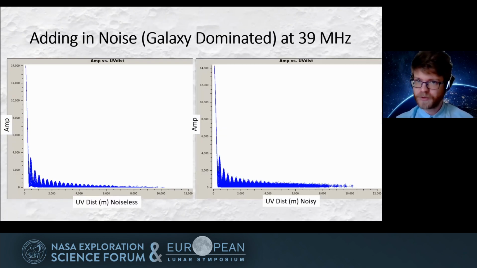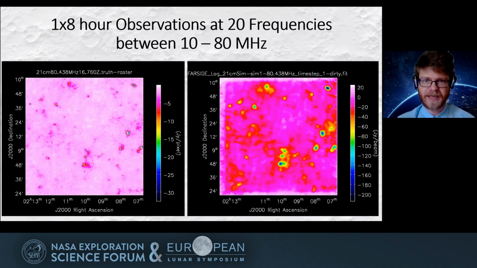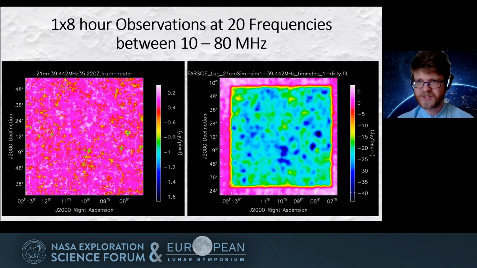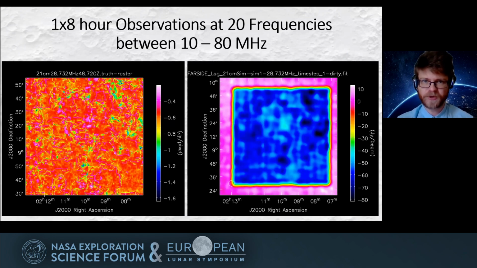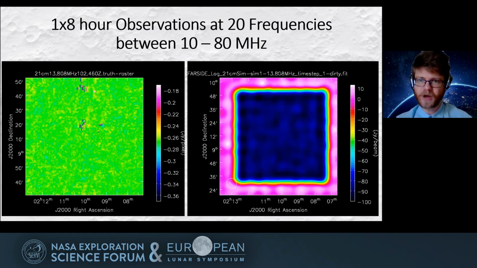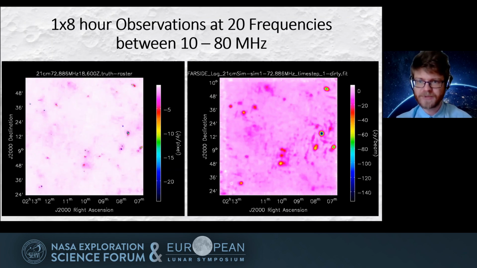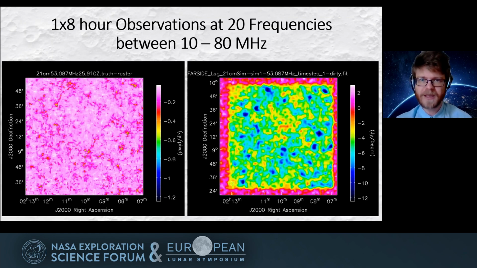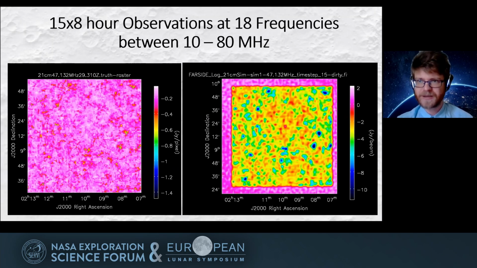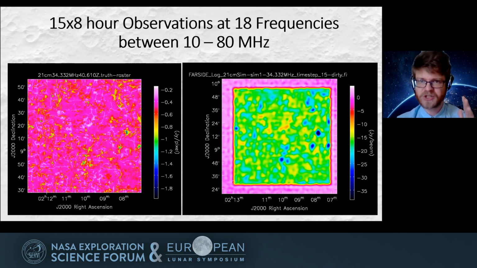And so I'm going to move a little faster here, but we are able to add in synthetic noise to our simulated observations and make images for all the different frequencies that are in our data cube that we saw before. So on the left are truth inputs from 21cmFAST. On the right are dirty recovered images from our simulated FARSIDE array. And then this is again more recovered images, but this time using the 5 days of integration time.